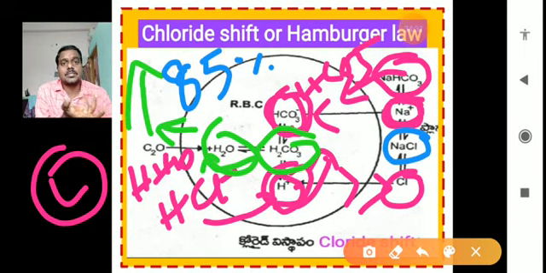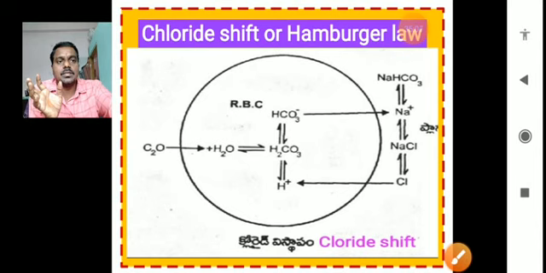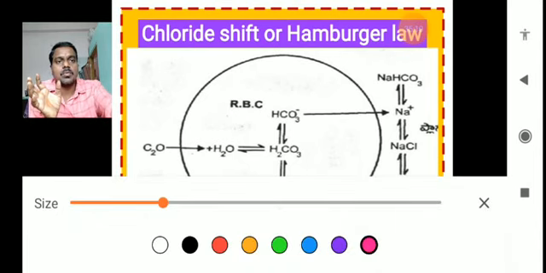Right? A major part of the carbon dioxide is transferred by the RBC. So that's why the importance of RBC is very high. If any RBC disorders are present in our body, the carbon dioxide is not easily eliminated from our body, and at the same time the oxygen is also not delivered to our cells. So this is a very important, major role of the RBC, right? So this is the alveoli, where the carbon dioxide is released, right?